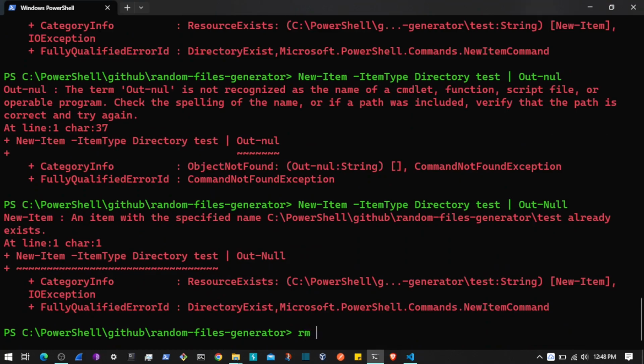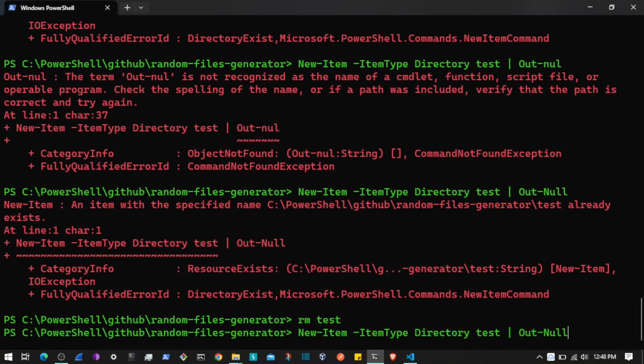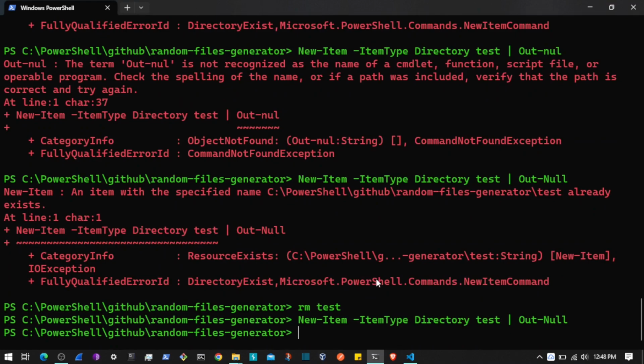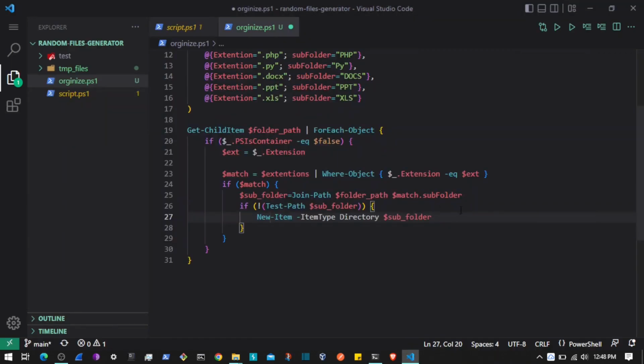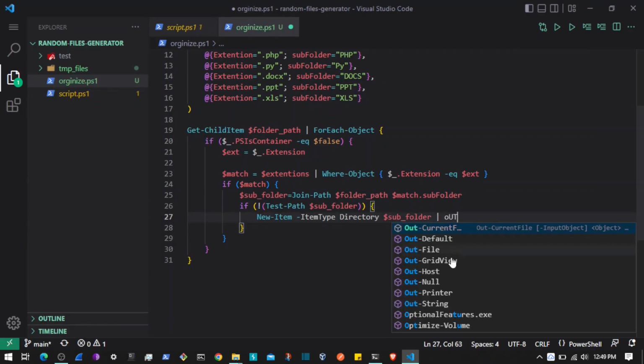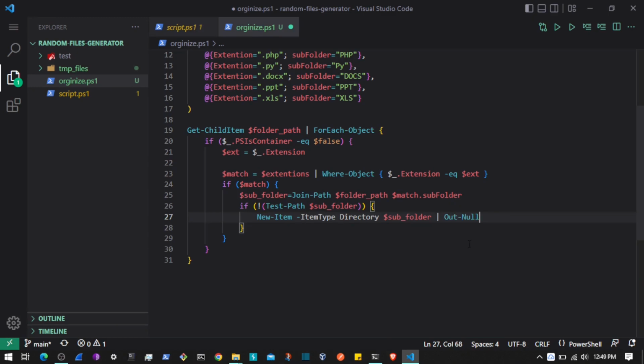It already exists, so let's remove that. And now if I set that as Out-Null, it's not going to display the result. So that is what we want. So I will add the Out-Null here, to not display the result,